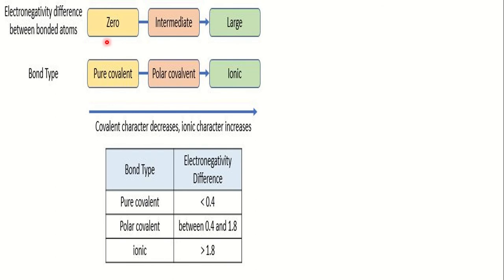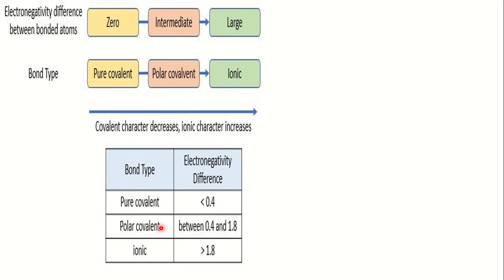If the difference of electronegativity of two bonded atoms is 0, then the compound will be pure covalent. And if the difference of electronegativity is medium, then the compound will be polar covalent. And if the difference of electronegativity is high, then the compound will be ionic. Look, pure covalent compounds have a difference of electronegativity of 0 to 0.4. If the difference of electronegativity of two bonded atoms is 0 to 0.4, then the compound will be pure covalent